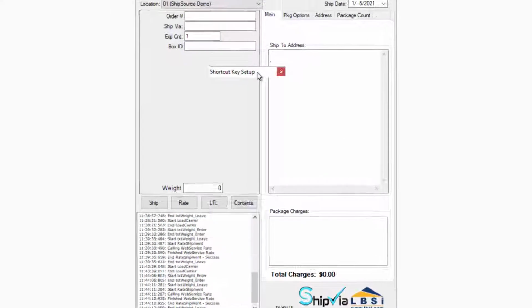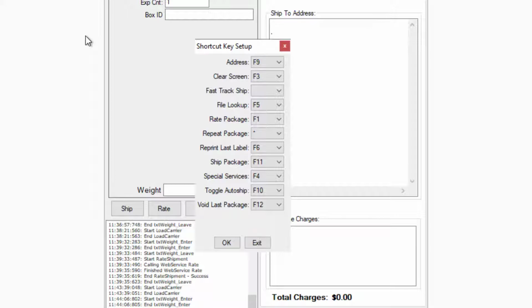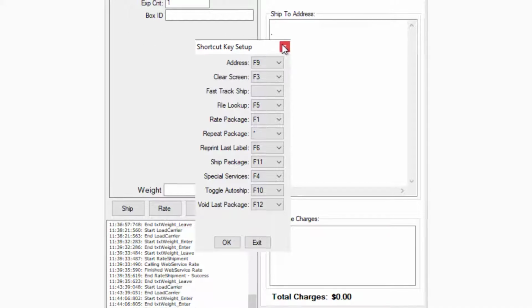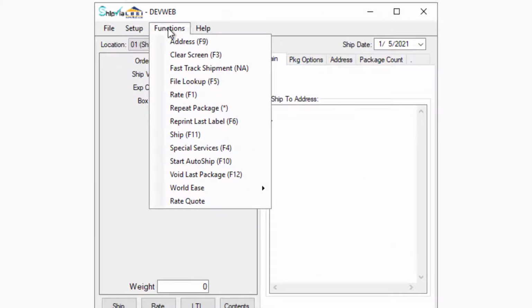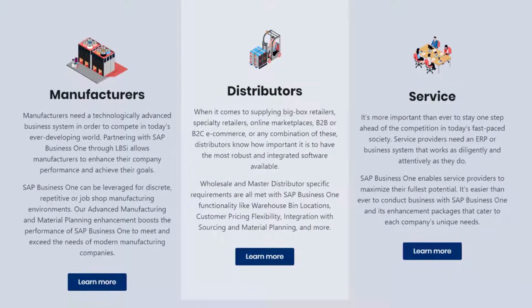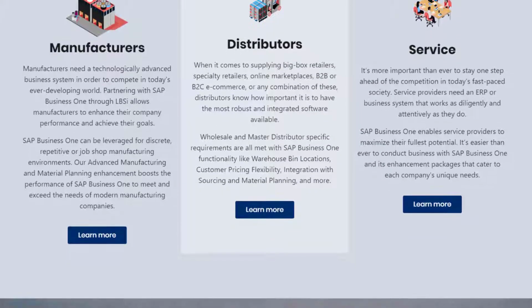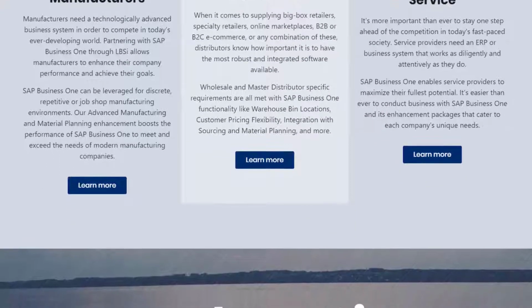Next, the Shortcut Keys Setup window is where you can customize specific keyboard shortcuts of the ShipVia LBSi client. If you would like to see the available shortcuts for selection, you can do so by selecting Functions in the toolbar. This concludes the instructions on the ShipVia LBSi client that is included with our ShipVia LBSi Freight Optimizer